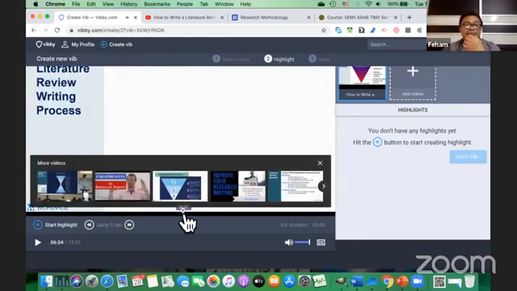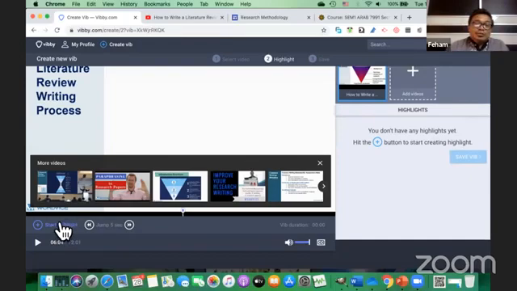Okay, so that's minute 6. And then click start highlight. This is in order to pinpoint the location considered as your starting point for your video, or for the selection that you want to decide.